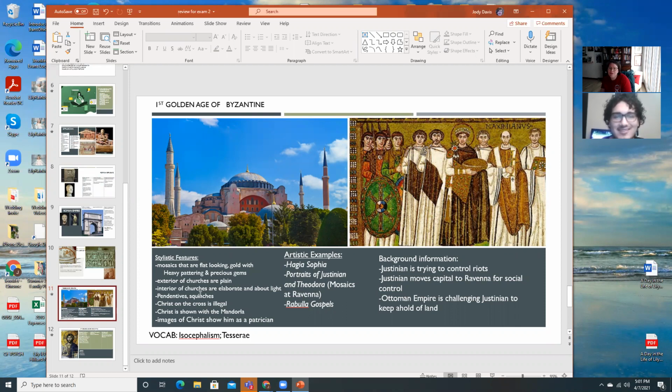Compared to the, well, I mean, I think you have to sort of fast forward to Gothic if you want to talk about lackluster versus decorative. There's just no decorative element on the outside. The colors are all very similar. They're all smooth. They don't really even have any variation in the masonry. We get into the second golden age of Byzantine and they begin to start doing some masonry variation, which is important.